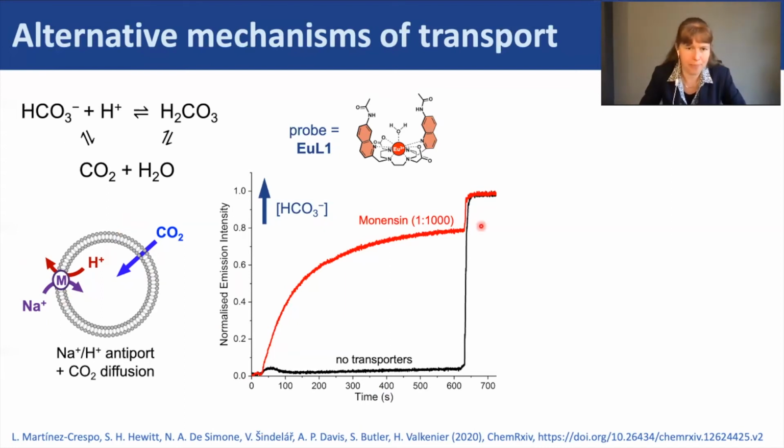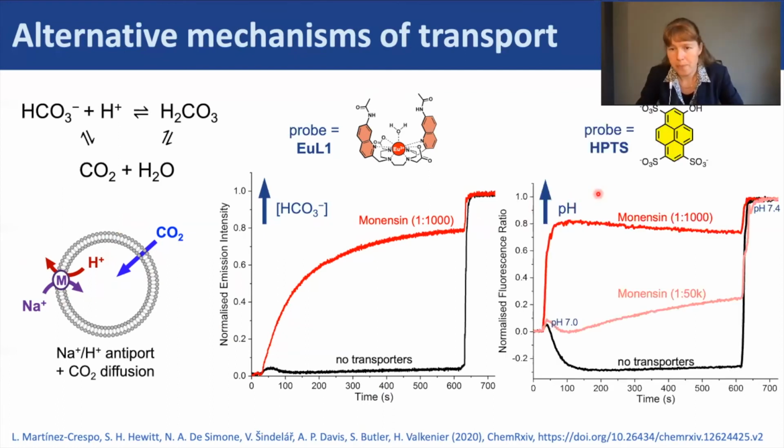increases over time. Well, to verify that this is indeed what takes place when we add monensin to liposomes, we replaced the europium complex by the common dye HPTS, which is a pH-sensitive probe. And if there are no transporters present and we add our bicarbonate pulse, we indeed see acidification of the interior due to CO2 diffusion. However, if there's monensin present, we see a very fast equilibration of the pH gradient, because upon